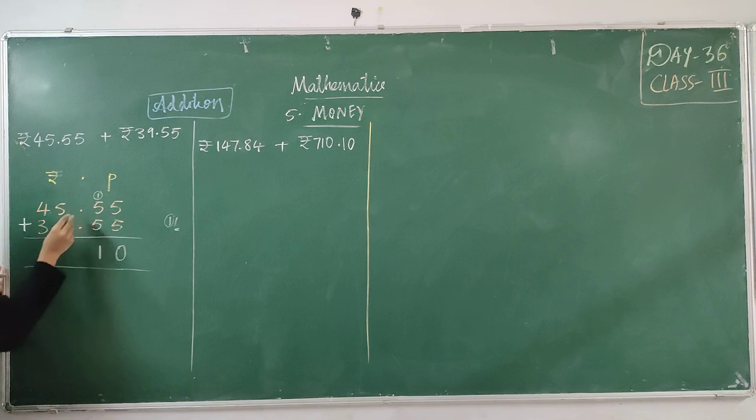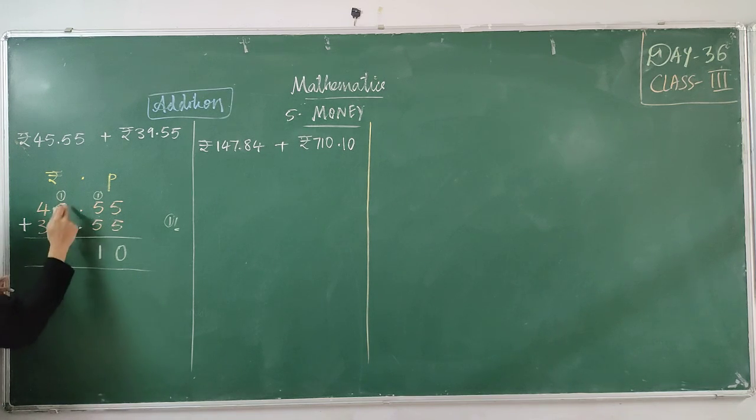The only thing is that here the point is there, you should ignore the point and put the addition here only. But listen carefully. This is not ones place, tens place, hundreds place, that would be wrong. This is the paisa column, this is the rupees column. If you read it as ones, tens, hundreds, thousands, that will go wrong. But still, while adding, you will put the carry to the next numbers in the next row.